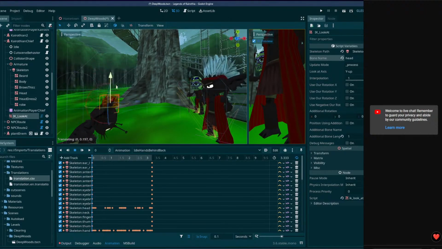Here we go. So this isn't built-in Godot. No, this is an add-on that I found. I forget where I found it exactly, but it allows me to